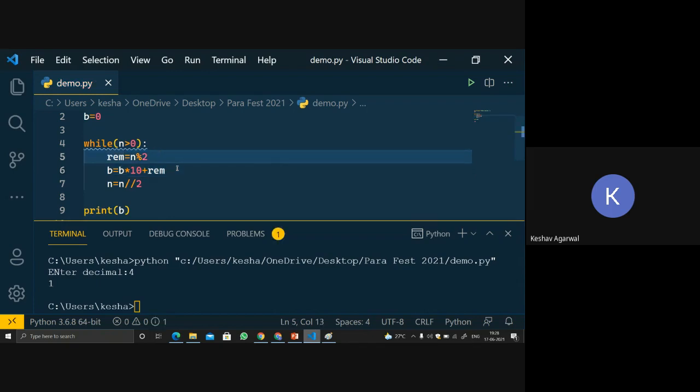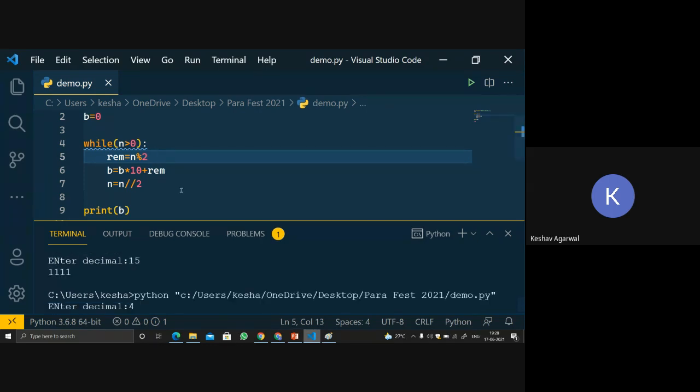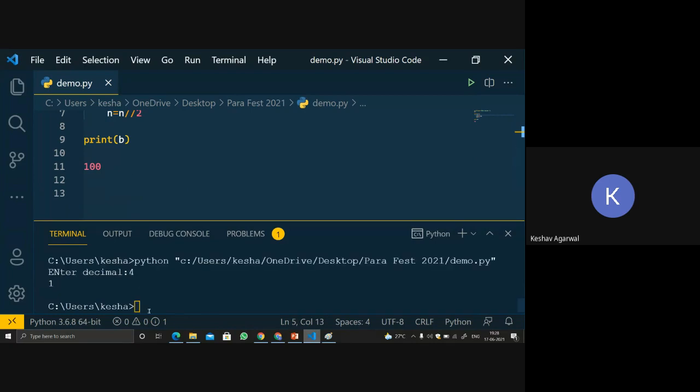So I think this is not working for any number which is completely divisible by 2. Let's take another example, 12. We are getting 11, but it should have been 1100. So it is not working for numbers where we are getting 00 or 0 in the last. Okay, so we will make it work.